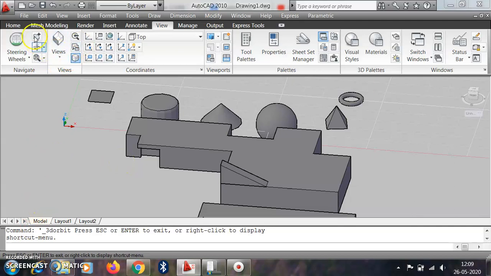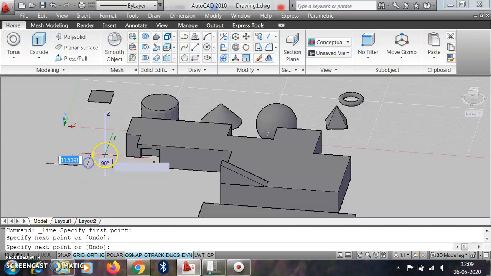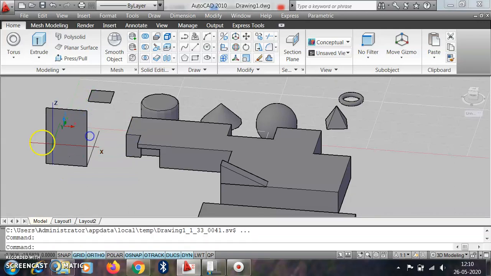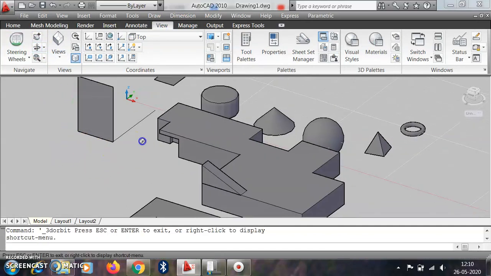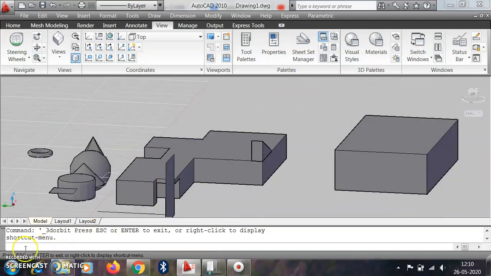And if there is only the line command, and we have to extrude this, we get surfaces or plane surfaces. Suppose we extrude, select this one and press enter, we get the surface of only that part. So come to View, and we can use all these shapes. So it is only the extrude of the line.